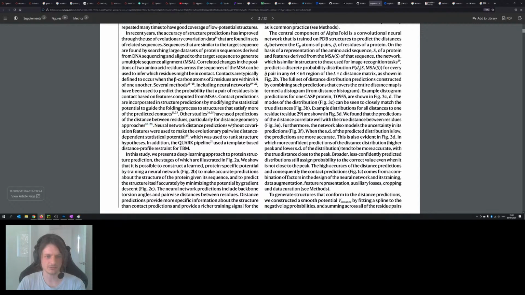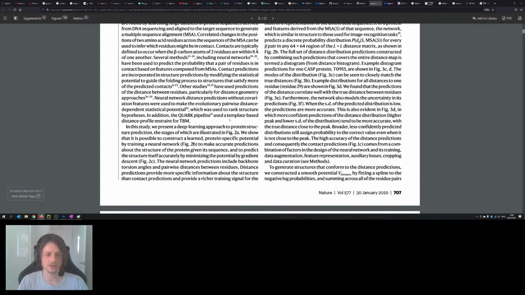Neural network distance predictions without covariation features were used to make the evolutionary pairwise distance dependent statistical potential, which was used to rank structure hypotheses. In addition, the QUARK pipeline used a template-based distance profile restraint for TBM. That makes sense. In this study, we present a deep learning approach to protein structure prediction, the stages of which are